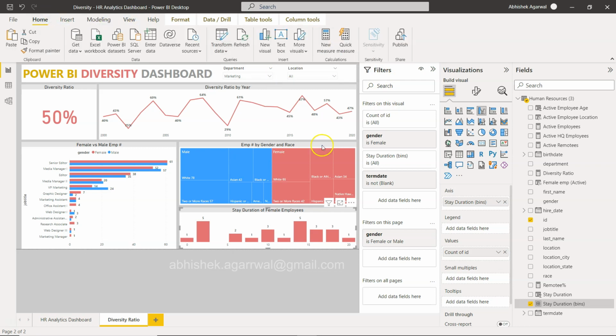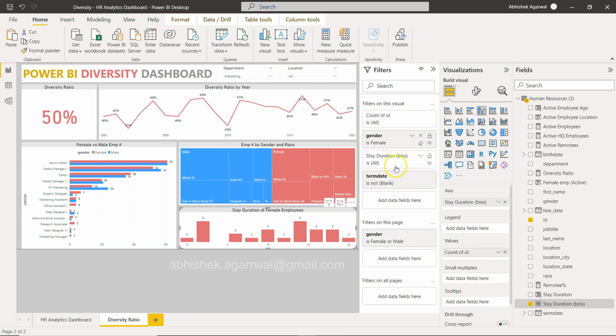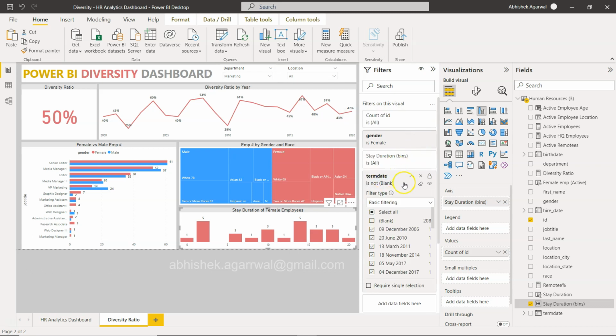Okay, so in this filter pane, I have done two things. One is gender, I have kept it female, as you can see, right? Basic filtering, female. And over here, term date, I have just unchecked the blank. That way our information for the count of ID will appear, because blank will indicate that these are active employees. However, the stay duration or base calculation and the chart idea is we want to know how early or how much, what is basically the stay of